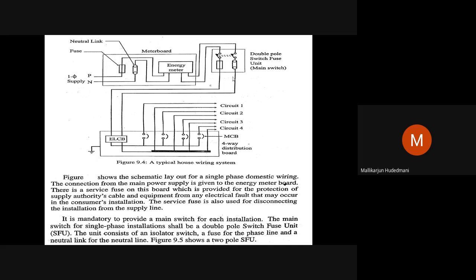Again a neutral, having a branch: a common line is drawn from that one neutral with one MCB, another neutral with another MCB. Like that, the circuit is done. One phase line and one neutral line are paired as circuit 1, circuit 2, like that. So this is called distribution board wiring. You may have a question on what is mains board wiring and what is distribution board wiring. Such rough sketches need to be taken.